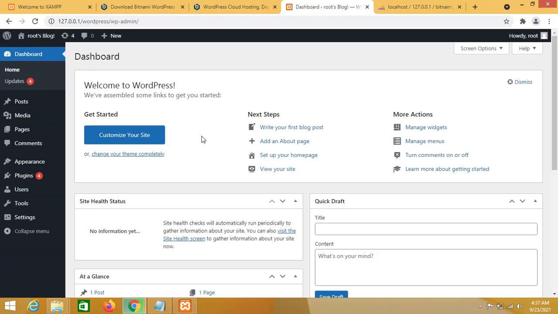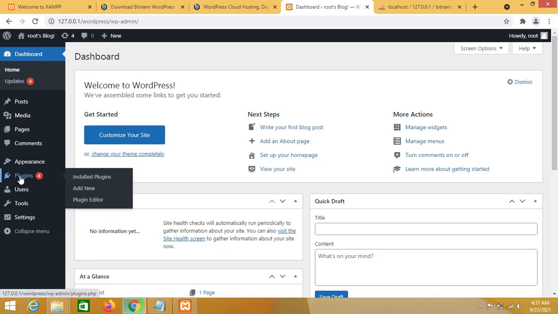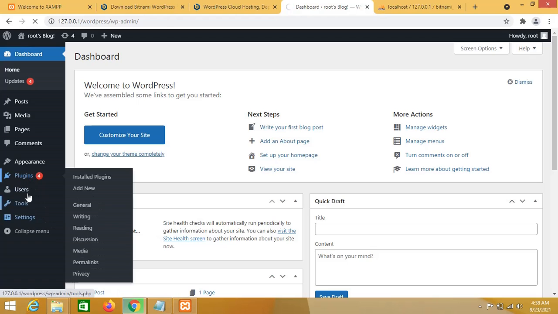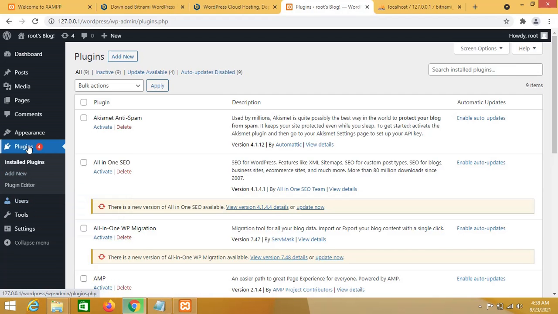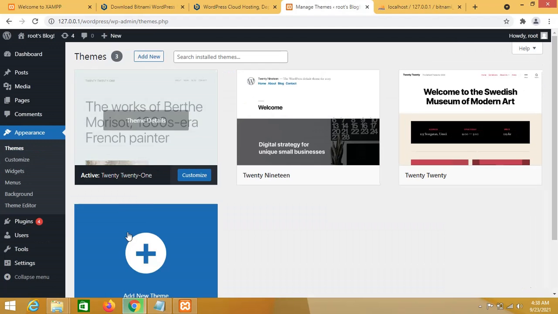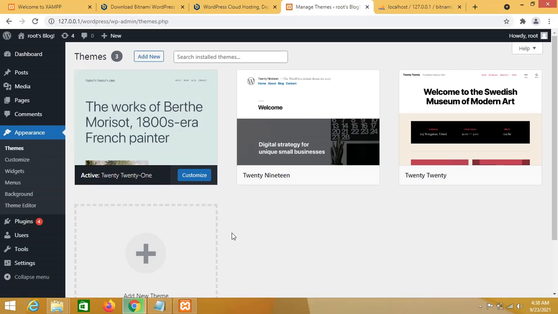So in the next video we will see how to install WordPress on a live server. The live server will be a free hosting. Then afterwards we will do all the basic settings in this WordPress dashboard. All the basic settings in the WordPress dashboard, how to manage plugins, how to install themes and all, everything we will see in coming videos.